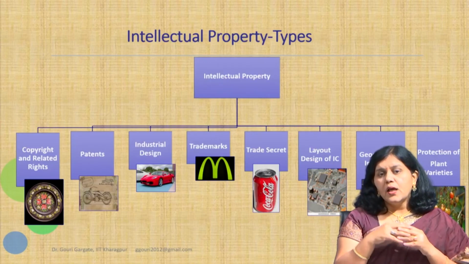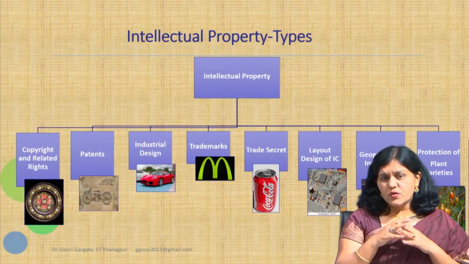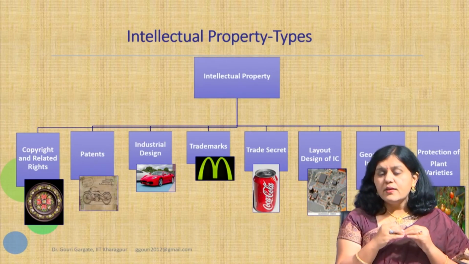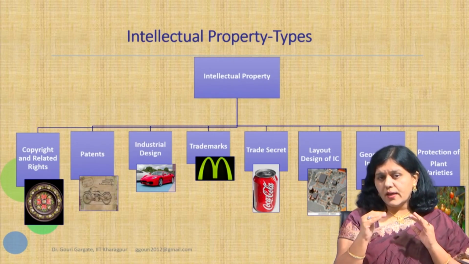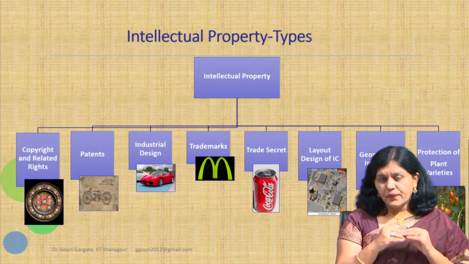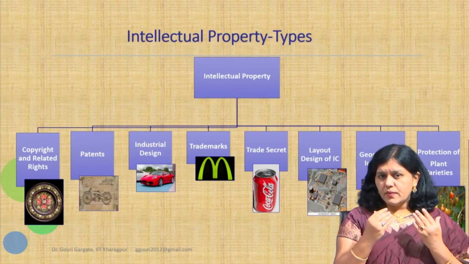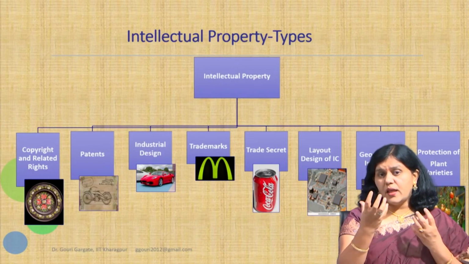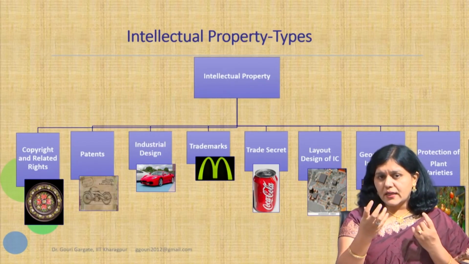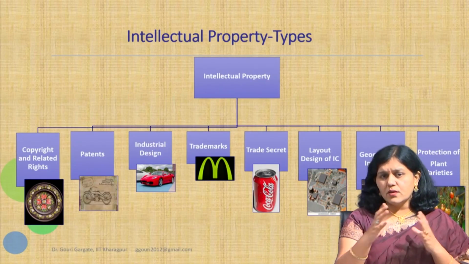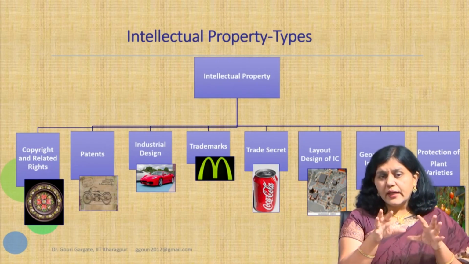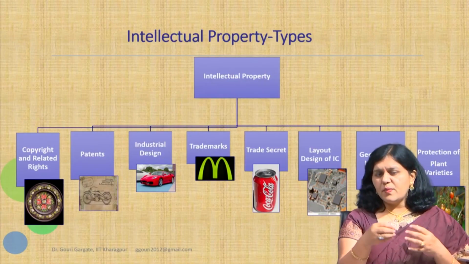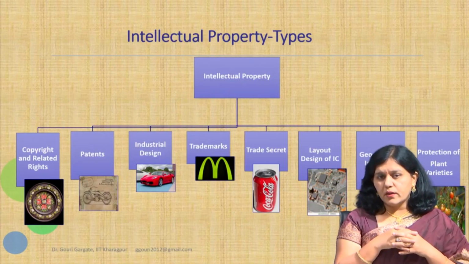Then there are a few other types of IP, but when you are talking about entrepreneurship, I will say these first five types are very, very important. If you are starting an entrepreneurship, you will have some name, and that name acts as a trademark. I'm just superficially connecting it and giving you a little idea of how you are related as an entrepreneur with this IP.